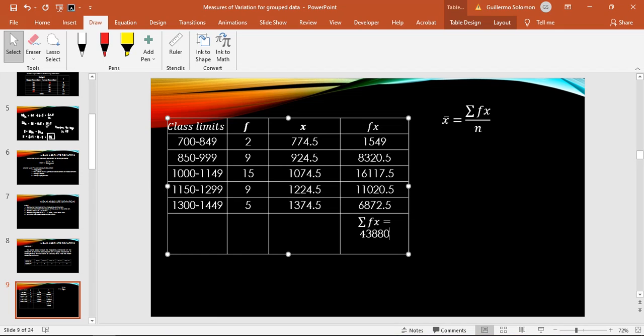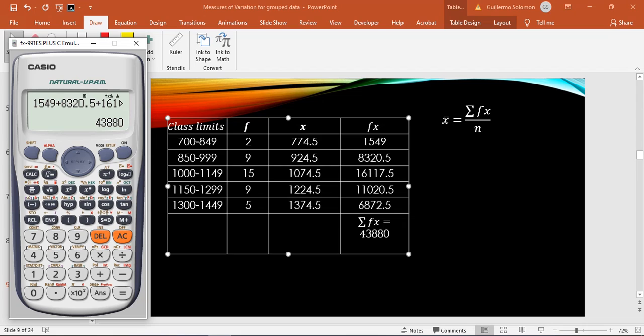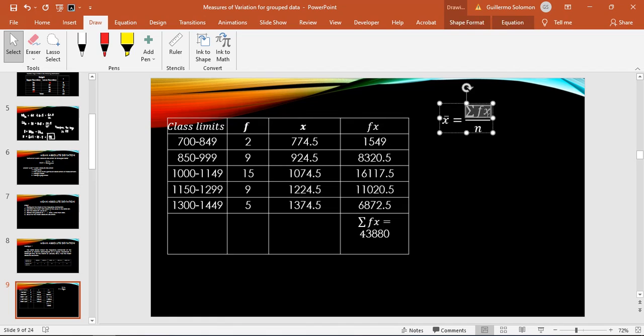43,880. Tama ba? 880. Okay, that is correct. So after that, we can now get the mean for this distribution, for this group data. Sa mean pa lang tayo, ha, sa mean. So let us now substitute the values natin sa formula, that is